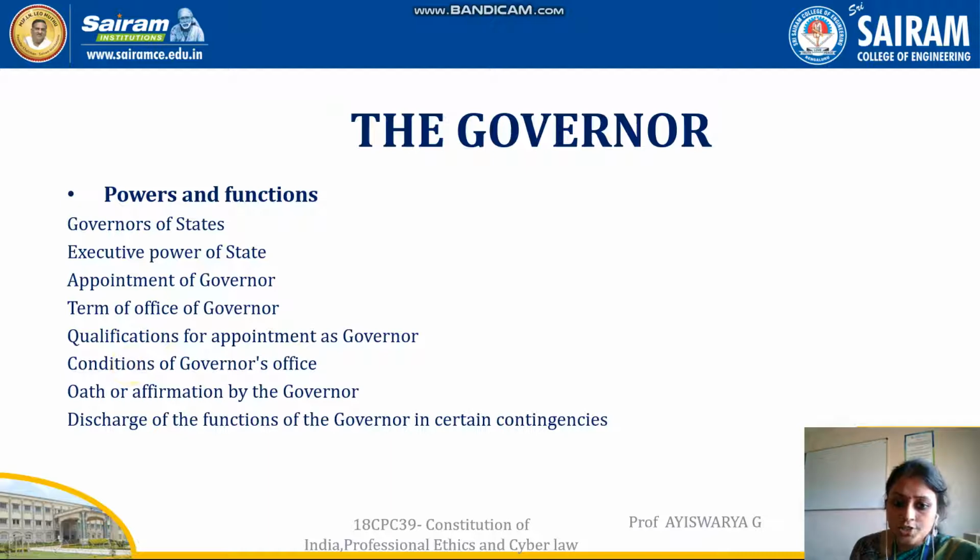So, conditions for the governor's office come under Article 158. It deals with the governor shall not be a member of either House of Parliament or the House of Legislature of any state specified in the first schedule. And if a member of Parliament or a legislature is appointed as a governor, he shall be deemed to vacate the seat from the previous one,